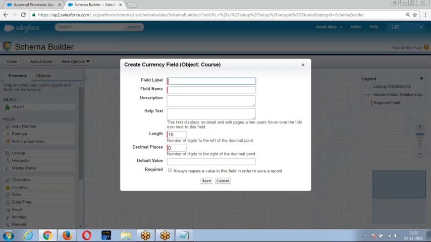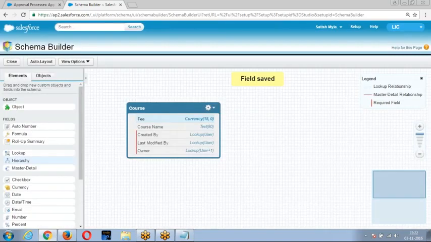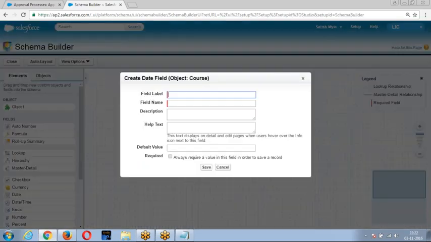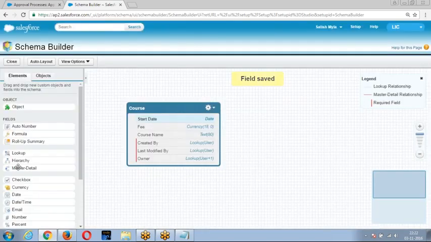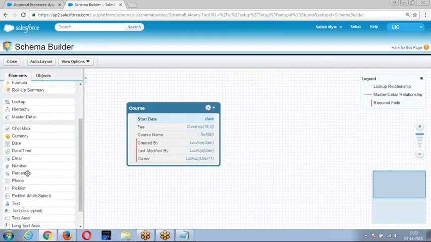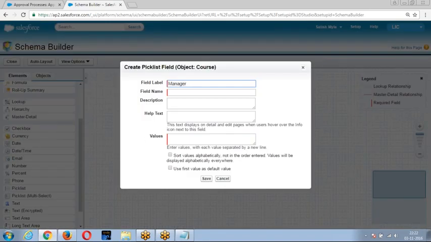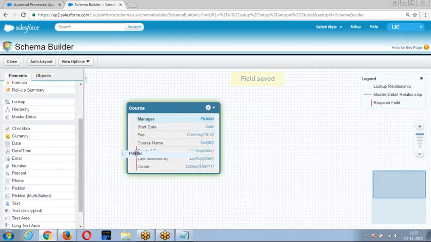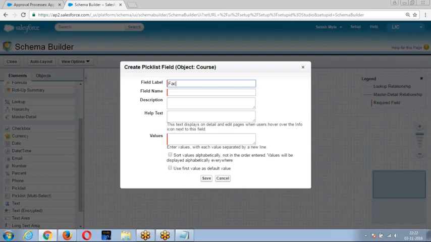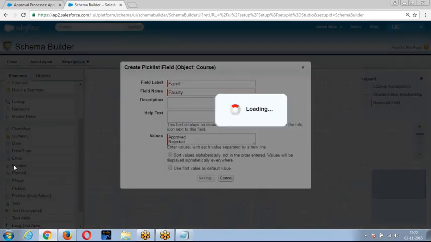We want the fee, start date, then manager, which is a pick list, then faculty, then status.